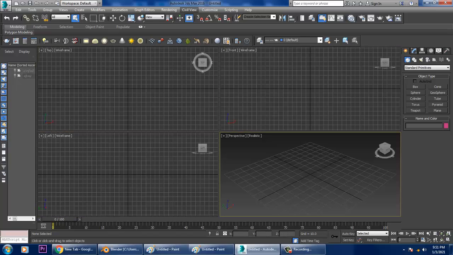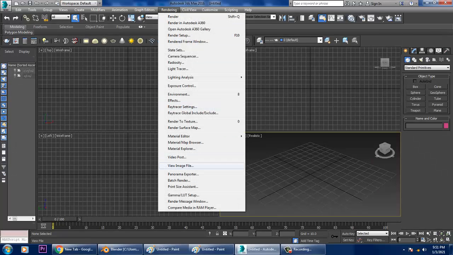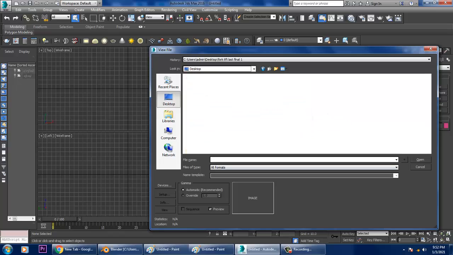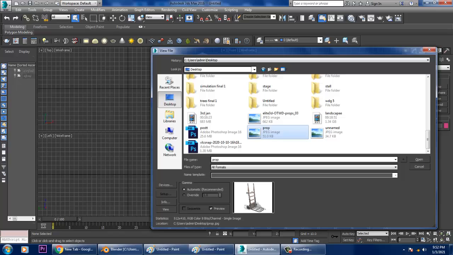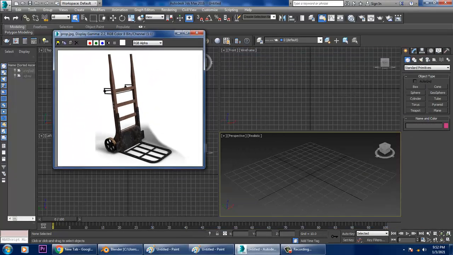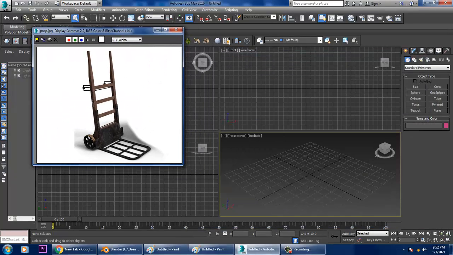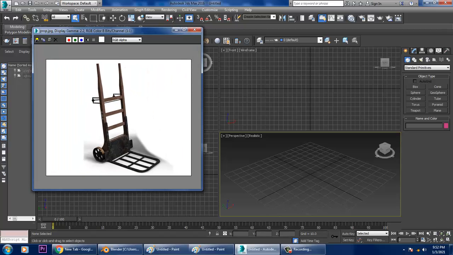So let's go into rendering, view image file, and let's take this reference over here. So that's a transportation prop. We are going to model this in 3ds Max application. So very first of all, what we'll be doing over here is like,